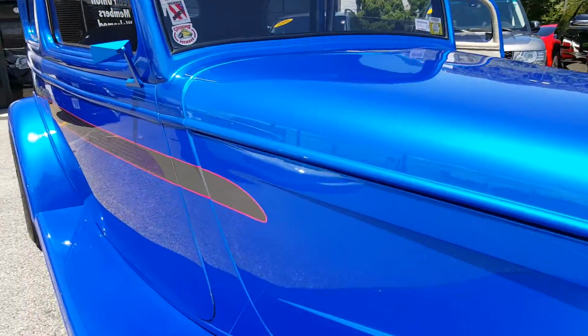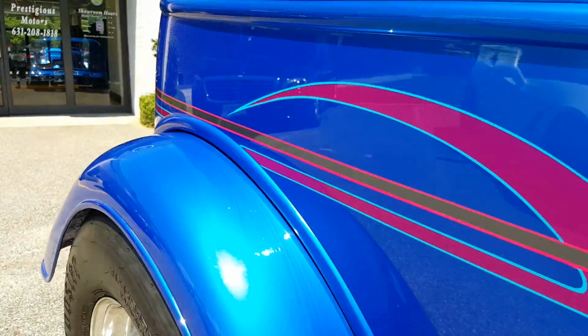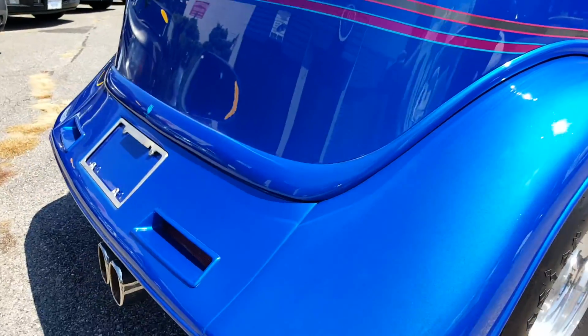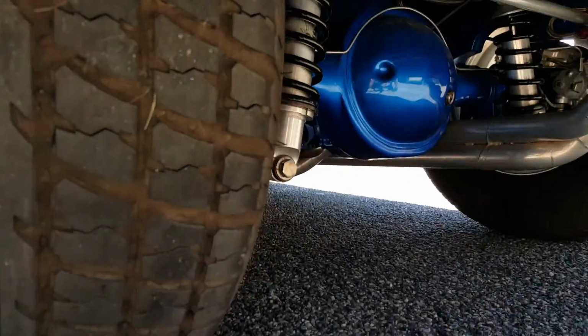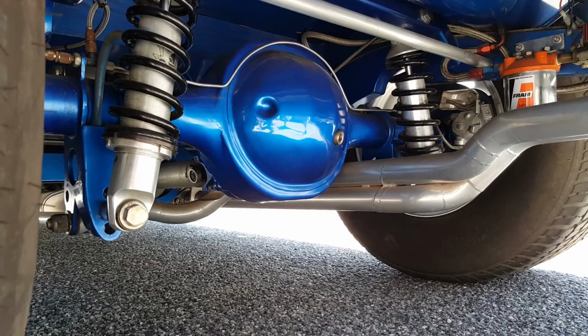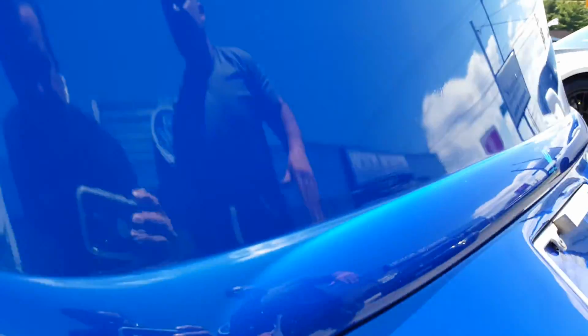The car took multiple first place winners in show. I have all those trophies on the website. You can see those. They just go on forever and ever. The vehicle has between $150,000 to $200,000 spent in it. 4-link suspension. The beauty of this car, Michael, is that the undercarriage of this vehicle is as beautiful as the